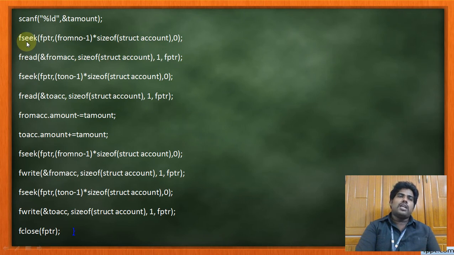Already now the file cursor is somewhere near the end position. You want to come back to the first position. So fseek of file pointer, from account number 1, the 0th position. It will seek to the 0th position, and using fread, the first 26 bytes will be read one time from the file pointer. Okay, that is account number 1 details will be